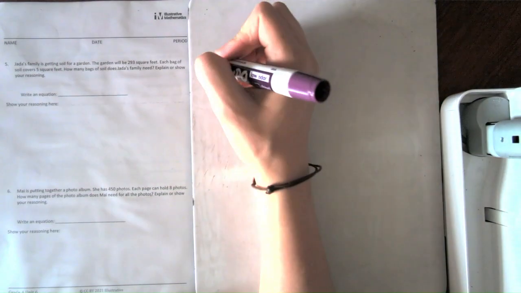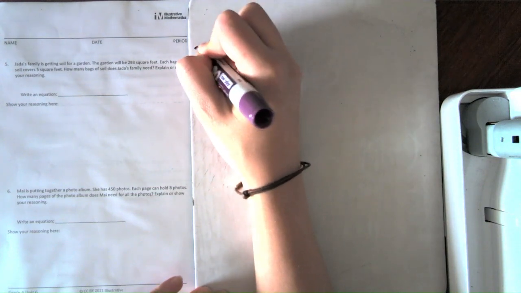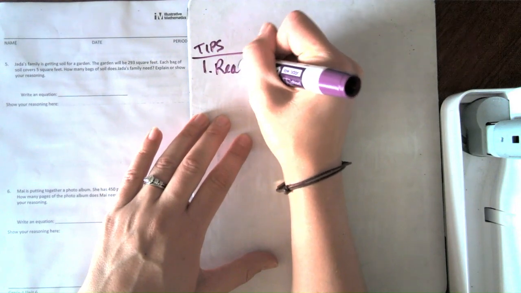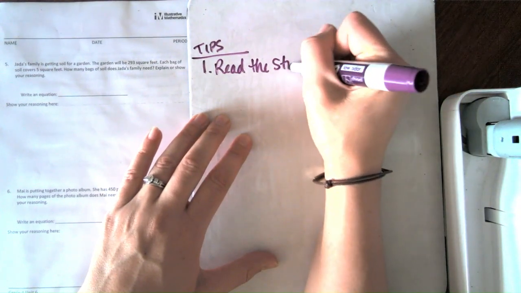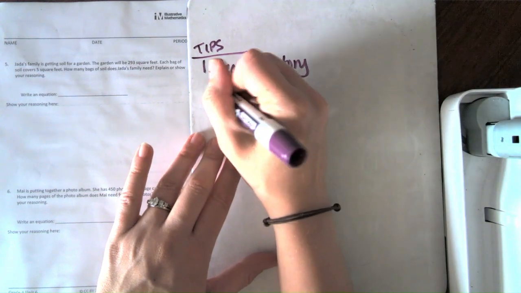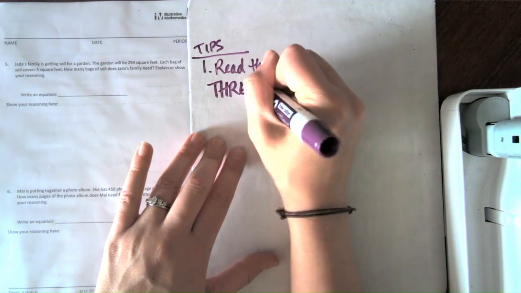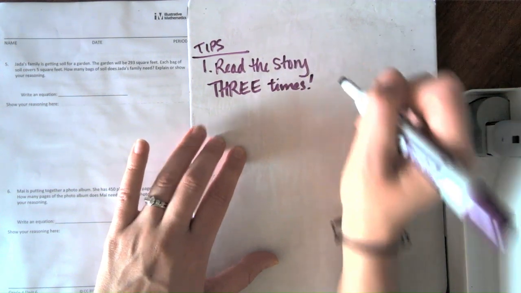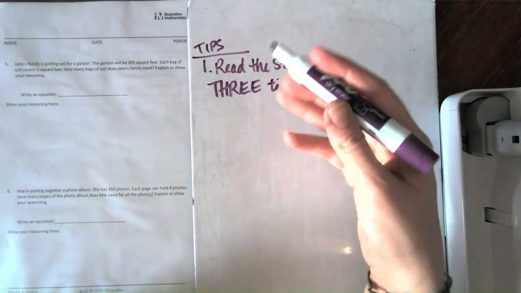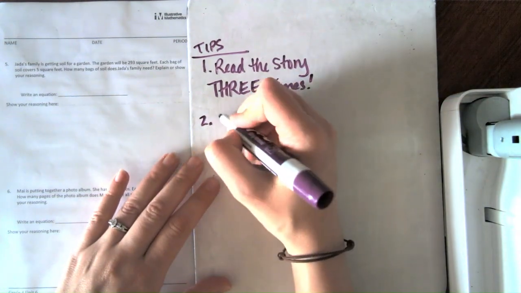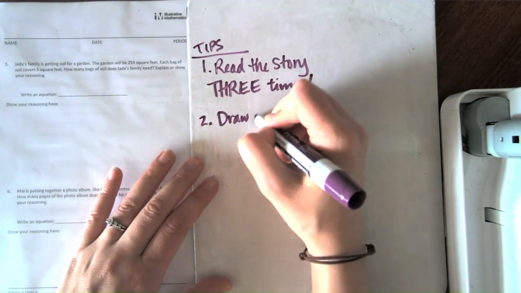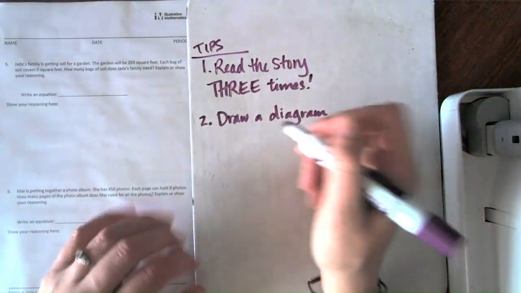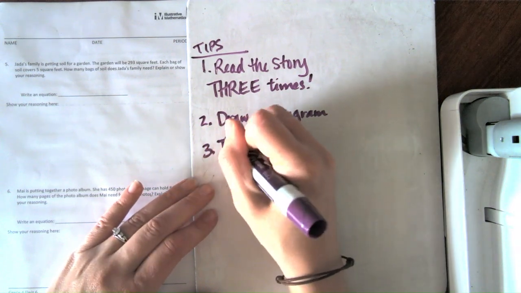The rules for a word problem. Here are some tips. Tips for story problems. Tip number 1. Read the story. How many times, students? 3. 3 times. We talk about this in class all the time. You really have to get yourself into the story. Second tip, draw a diagram if it helps. Draw a diagram if it helps. It might help on this question, and we'll look at that together. And then number 3,